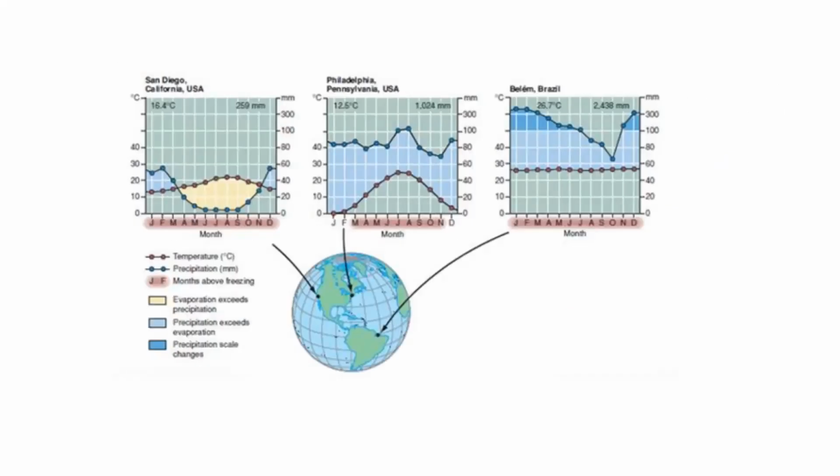And then before we jump into the specific biomes, like I said, we're going to be focused on temperature and precipitation in terms of explaining what we see in these different types of environments. And what we can do is visualize this with these climate diagrams. So in the textbook, there's a couple different examples of these. And essentially what it's showing is on the left-hand side, we've got the axis for temperature. That's what we're representing in red. So it's just showing how the temperature changes over the 12 months. Similarly, on the right side of these graphs, we've got the precipitation. So that's going to be the blue dots, showing how much rain and snow and different things we're getting in